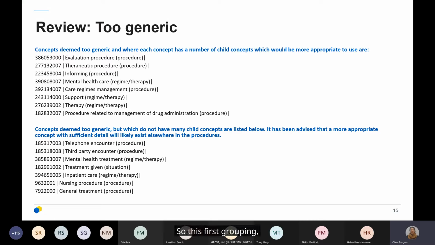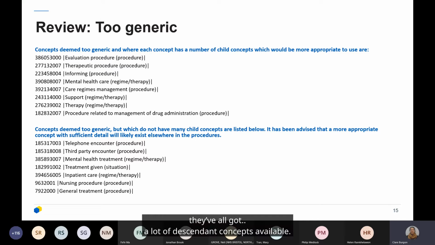So this first grouping, they've all got a lot of descendant concepts available. So we would hope that there would be something available to you that is a little bit more detailed, that you could say what's been happening to your patients in terms of the procedures that you have been undertaking with them, or the interventions.